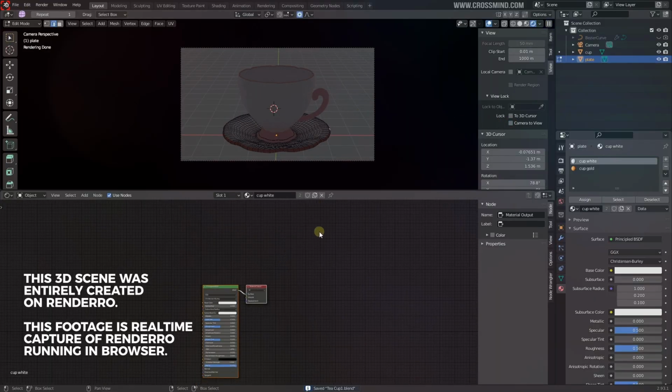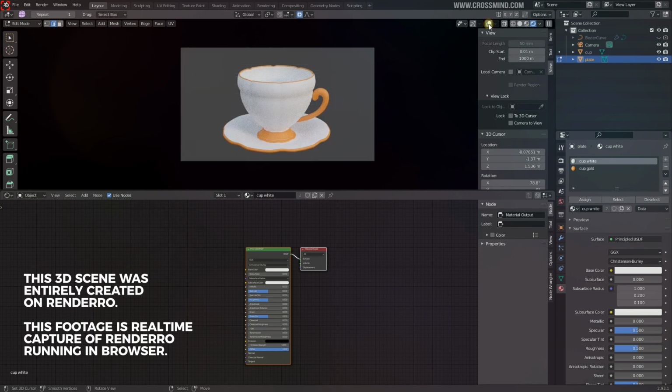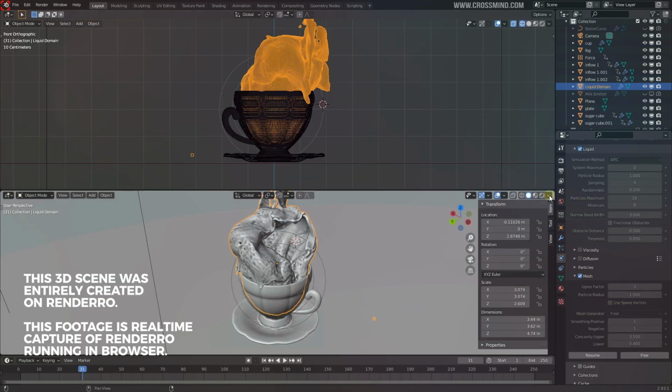Here's my experience. When I was working with simulation, modeling, shading, rendering, compositing, or video editing, basically any task that requires just click and drag, I didn't notice much of the lag or problem. Now I have quite a decent internet connection which runs around 50 to 70 Mbps upload and download speed shared